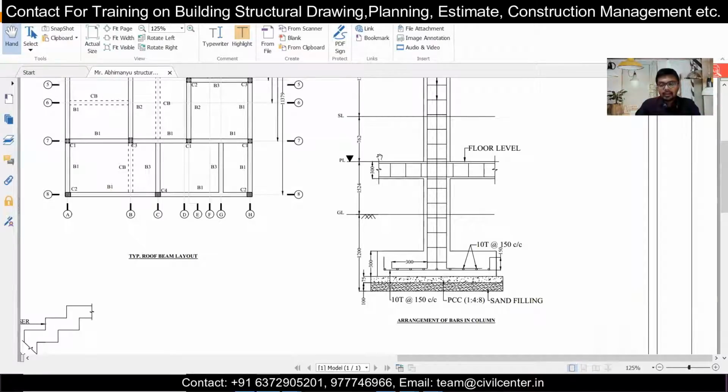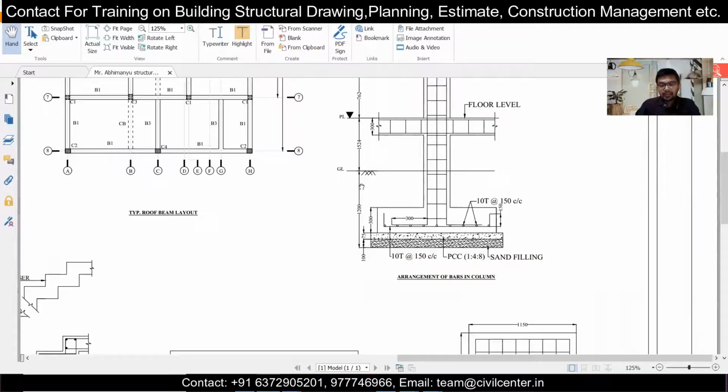So now the excavation length, as you can see here, this is the GL. It represents the ground level. And from the ground level, we have to excavate a depth of 1.2 meter. It is around 4 feet. So 1.2 meter below the ground level, excavation needs to be done. We can give a little bit extra also, but it should not be less than that.